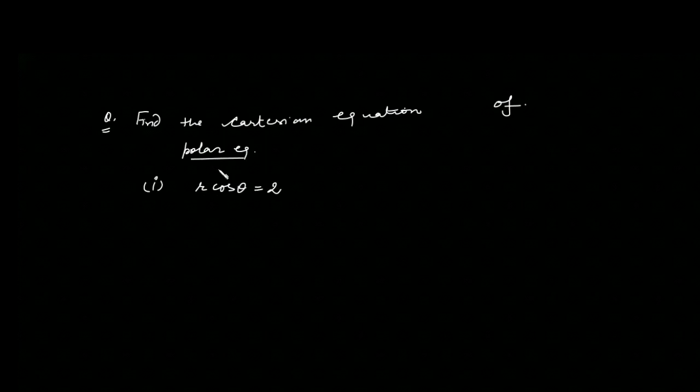So what is the form in Cartesian? Since we know that r cos theta is nothing but x, it is the equation of a vertical line, x is equal to 2. So r cos theta is equal to 2 in the xy plane is basically the line x is equal to 2,